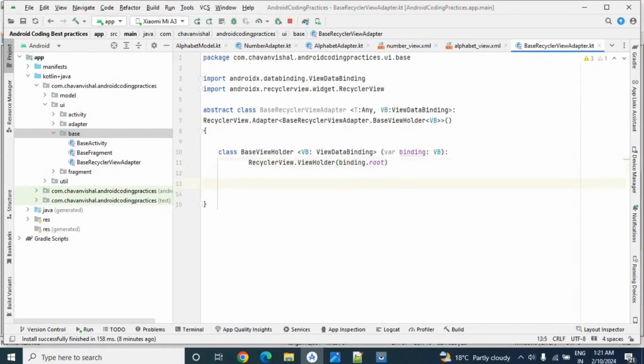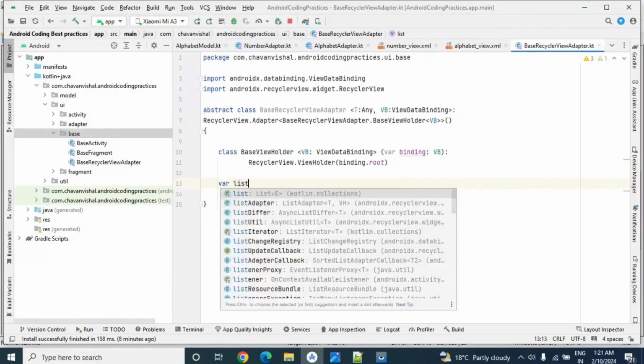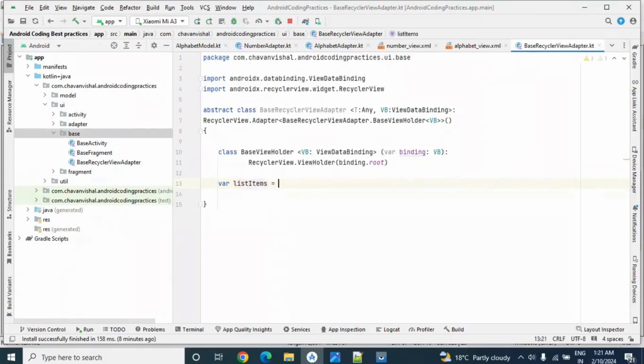Here we will declare one more variable for our array list. So var list item is equal to a mutable list of T, which means this array list will save data of any type, any model. So we have declared this array list. Now let's create one function to add the data. Add list items.